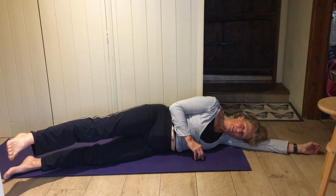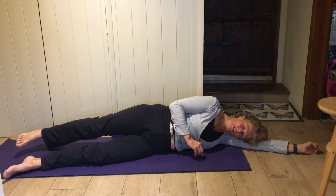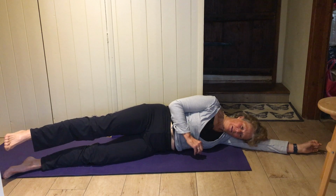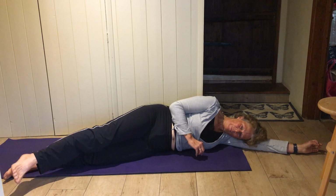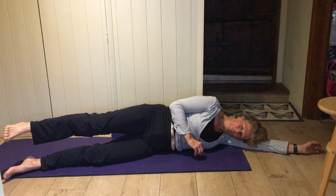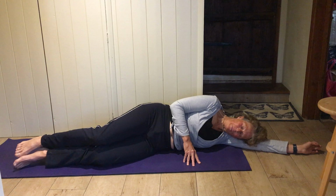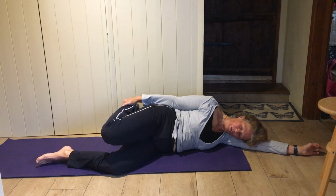Underneath leg just resting on the mat. Along the top, down the back. Coming up, along and down. Lovely, good. Okay, bend both knees up, grab your ankle on the top leg, pull your heel to your bottom,